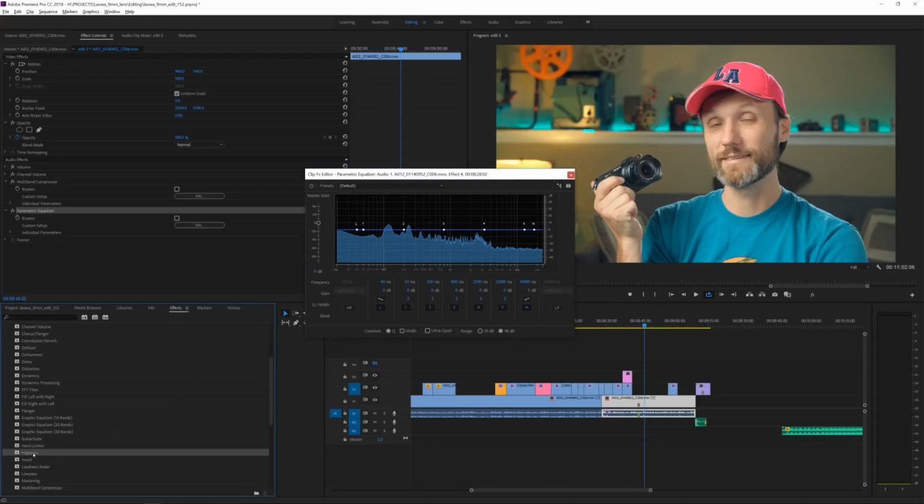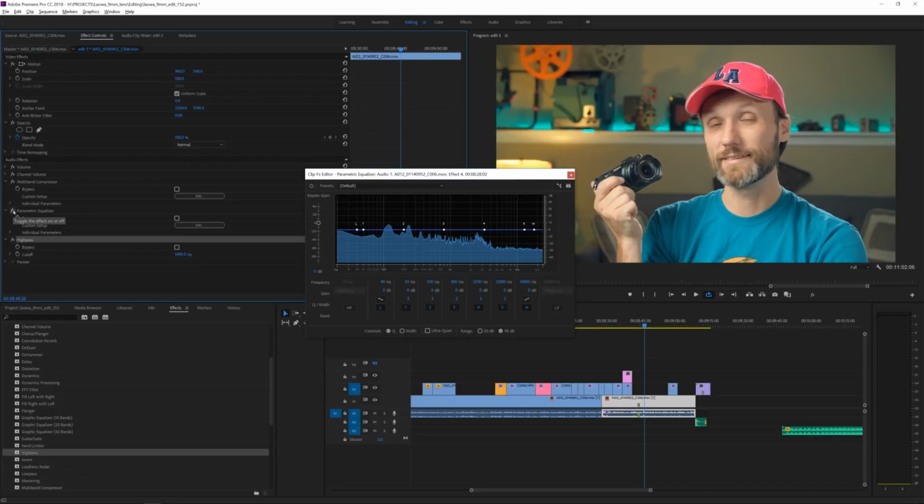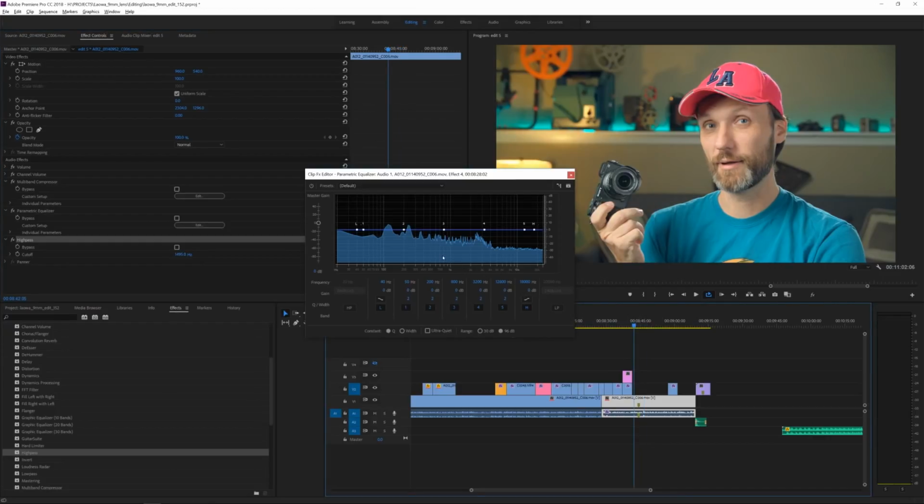So I'm going to take the high-pass filter, apply it, and now here in the high-pass filter, let's turn off maybe this parametric equalizer so it's not messing up our settings. Or actually, no, we can leave it because there's nothing being done there right now. And in the high-pass filter, you can see the cutoff point. Right now it's really high, over 1000 hertz basically. So if I play this, it's really going to change the way I sound.